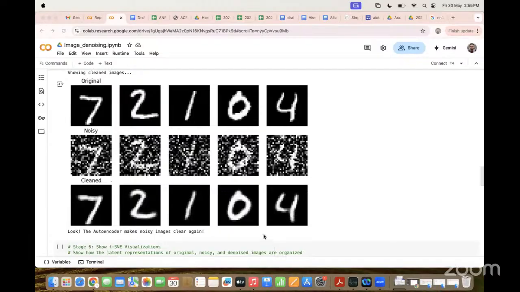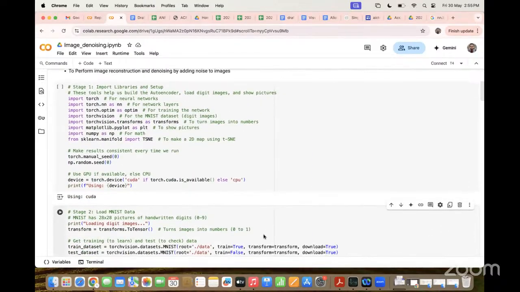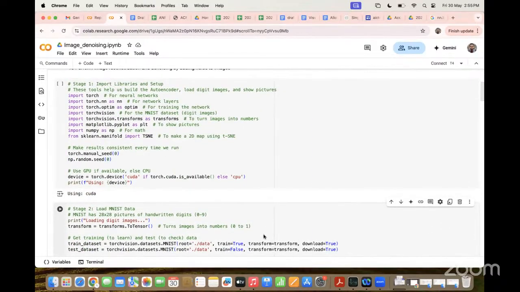So if you see the code, Juhi, on top, in stage 1, there is a library from where we have fetched the TSNE. You can see that. Yes, sir. sklearn manifold. Correct.